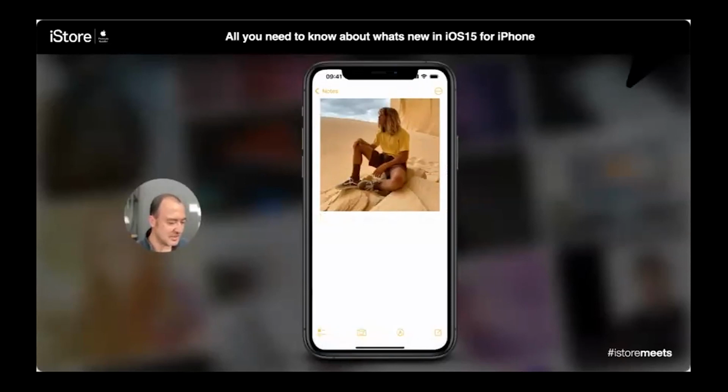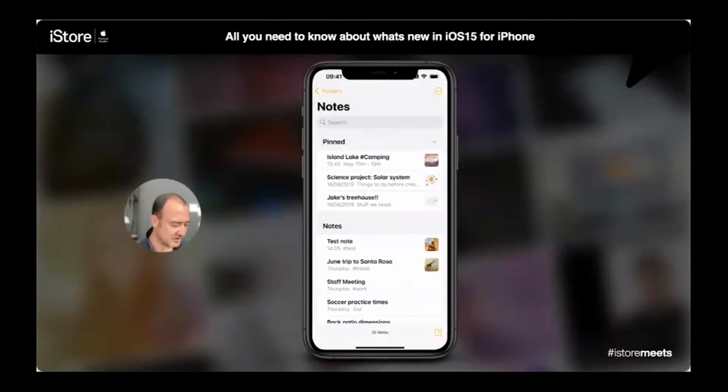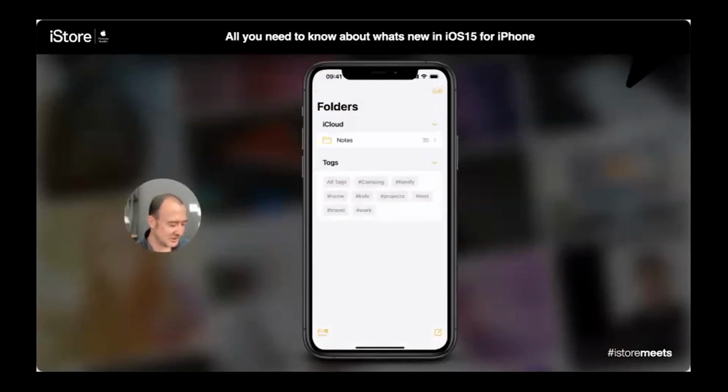So that's all good. But how does this now make it more useful? Quite easy. I'm going to go back out to all of my notes. And I can't see it just here yet, but if I go up another level, so I'm going to tap on where it says folders on the top left-hand corner, then you'll see it's actually got a little section there,